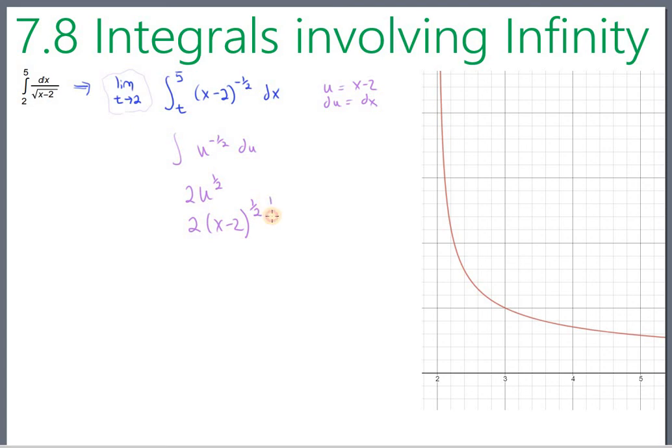And we were evaluating that from t to 5. So when I plug in 5, I will get 2 times 5 minus 2, which is 3, to the 1/2, minus 2 times t minus 2 to the 1/2. And we now need to take the limit